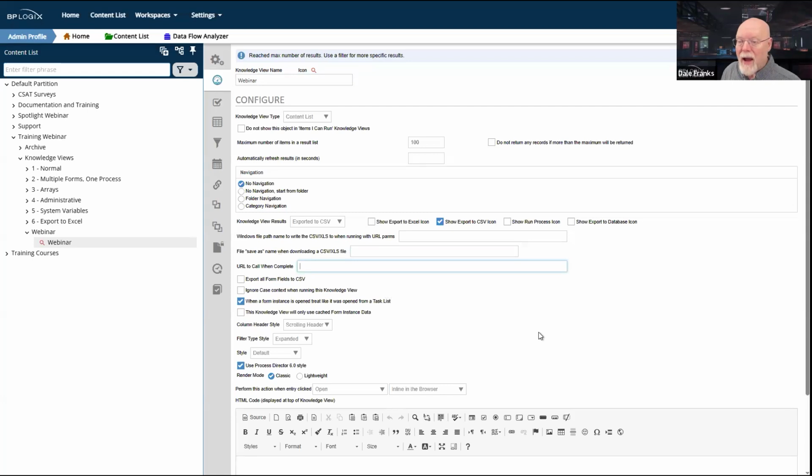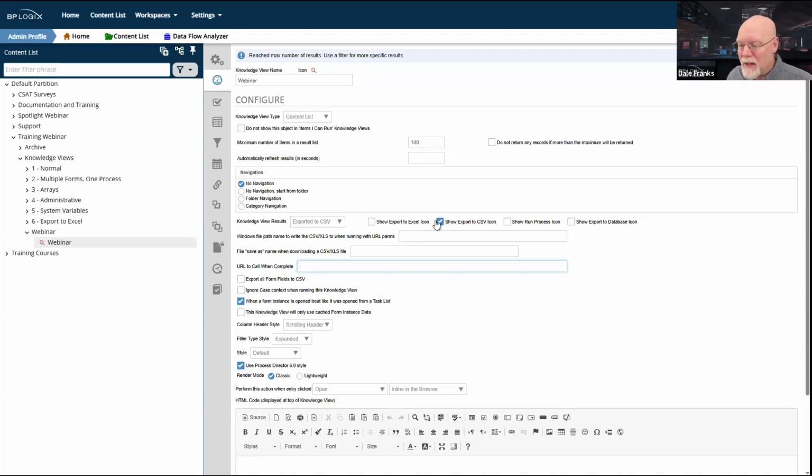So if I go to a URL, every knowledge view has its own URL, and assuming people can run that URL, or that they're allowed to run the knowledge view, they have appropriate permissions, then the knowledge view runs. Now, because I have it set to export to CSV and not display in grid, this knowledge view is never actually going to display. There's no visual display because I've said to export it to CSV.